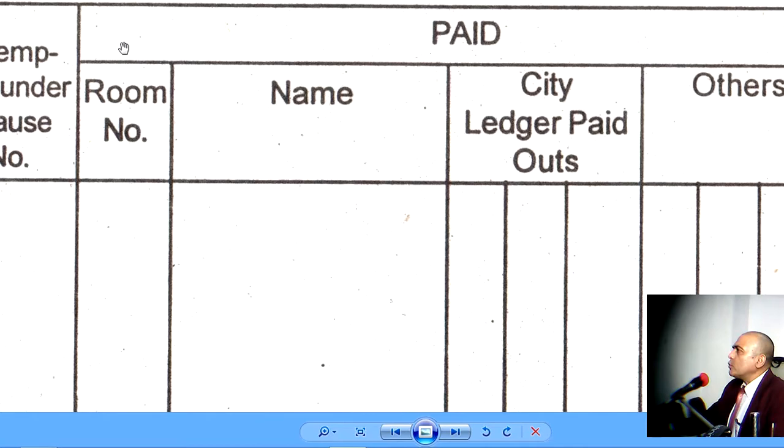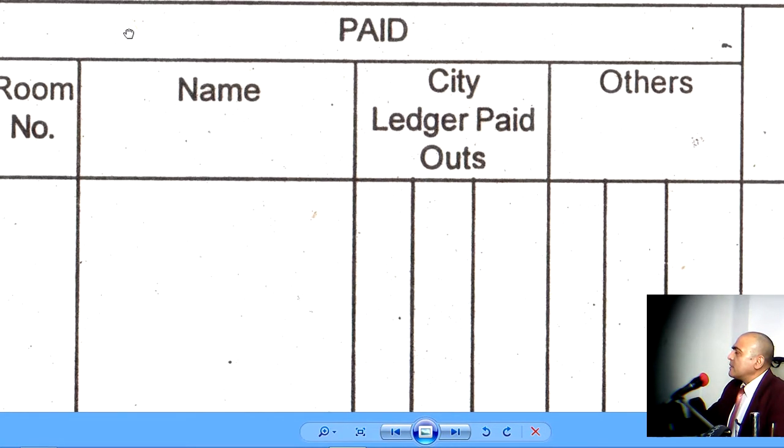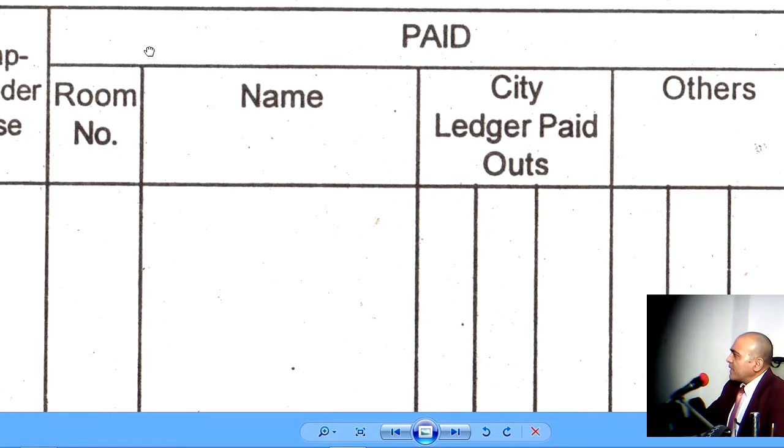And now we come to the third portion of the cashier's report that details the payments made by the cashier to somebody else. So who can he pay? Let us understand. The first thing is he can pay to a resident guest. Second thing is he can pay to a non-resident guest. He can also pay to an employee, and he can also pay to another department. And lastly, he can also pay to a third party on behalf of the guest.